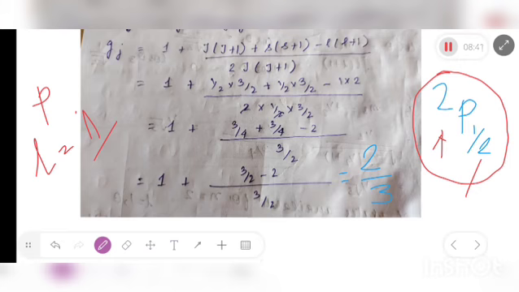So here we will substitute in this formula, that is 1 plus J into J plus 1 plus S into S plus 1 minus L into L plus 1, by 2J into J plus 1. This is a very important formula. This question is mostly expected in GATE exam, BARC exam, IIT JAM exam. You need to know this formula. It's very, very important.